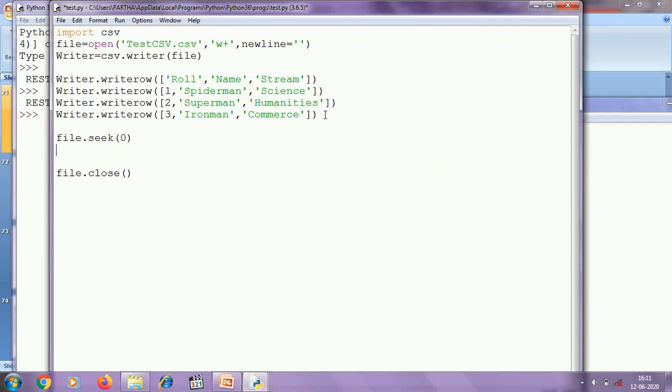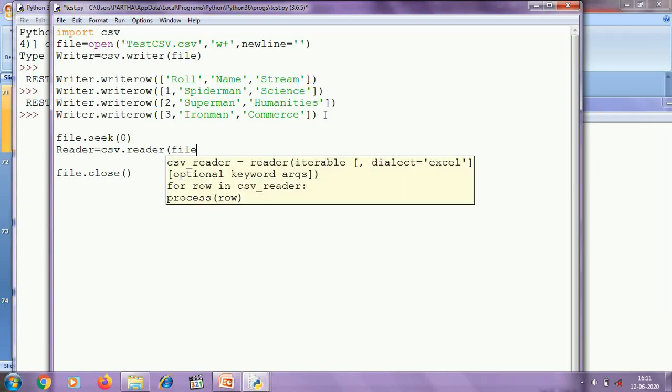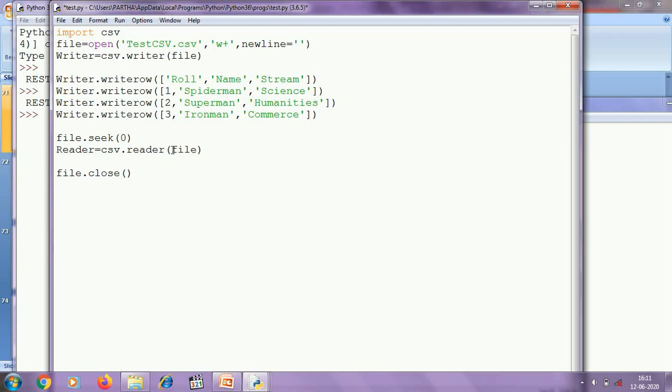Now I am going to read from the file. For reading I need to access the csv.reader function, and the csv.reader function accepts the file object using which I have opened the CSV file test.csv, and this function will return a reader object.